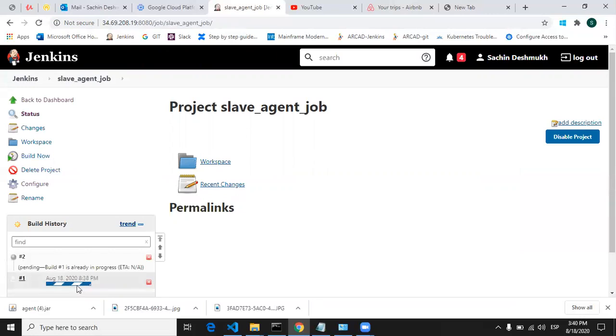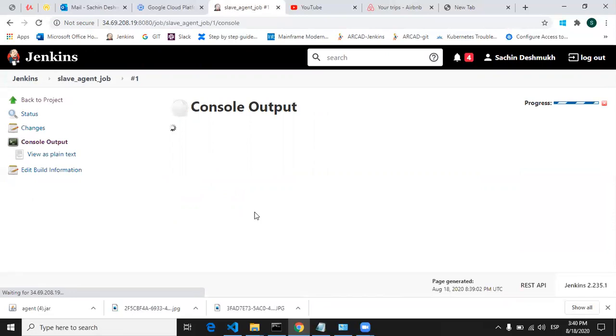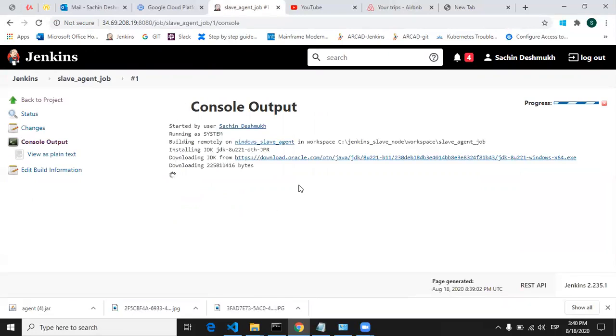On this bar, just click here. So first it will identify the Java which is required for your project.